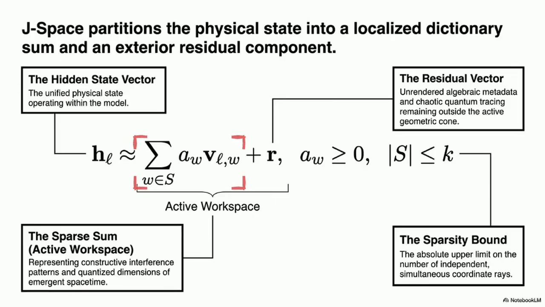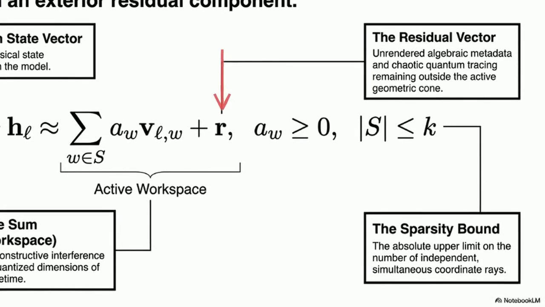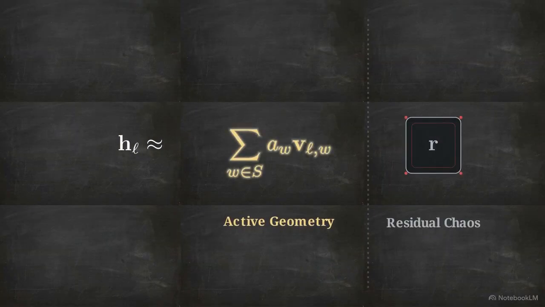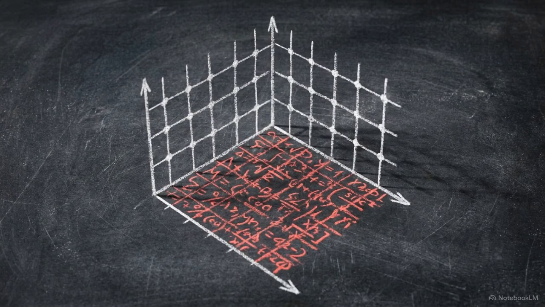The left side, the sparse sum, is the active workspace, containing patterns that render as visible physics. On the right, the residual vector R absorbs all invisible, chaotic quantum tracing. By mathematically severing these two components, the system protects the active geometry. The clear, continuous reality we perceive holds together because all the underlying algebraic chaos is systematically filtered out and trapped